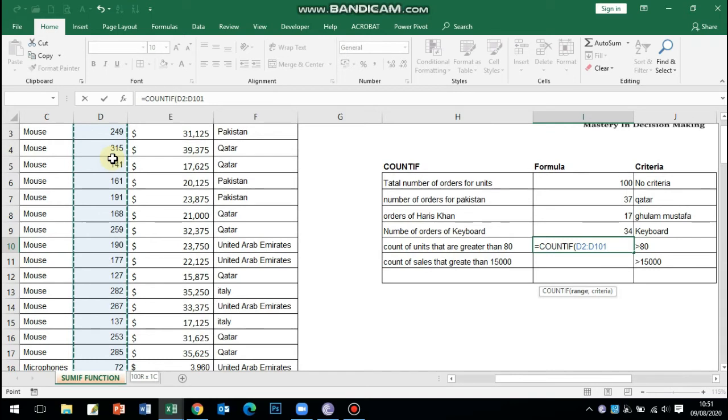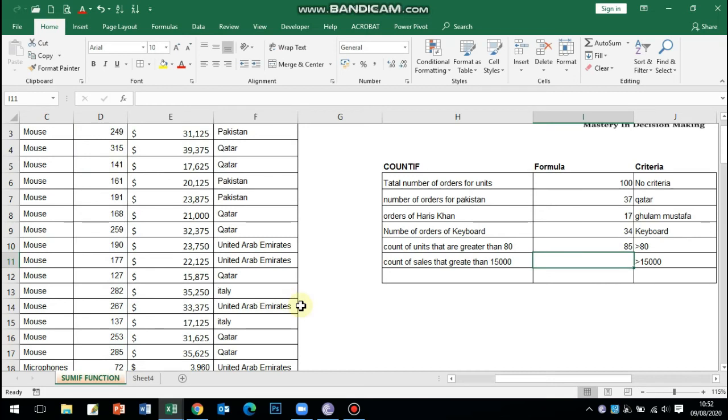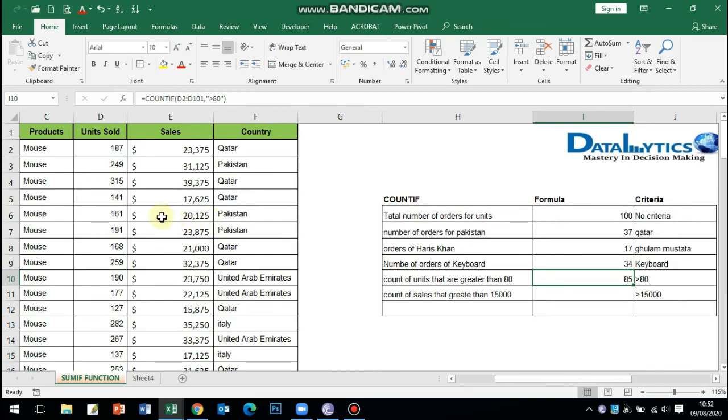There are a total of 100 units. Then I will pick the criteria, all units that are greater than 80. I will put it into inverted commas, close the parenthesis, then press enter. You can see you get your desired results: there are a total of 85 orders with more than 80 units.